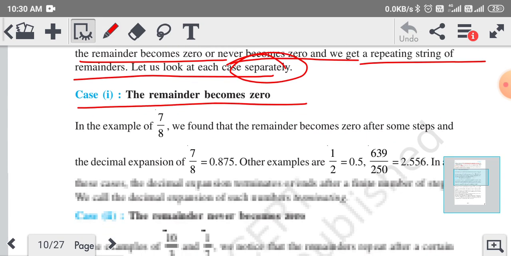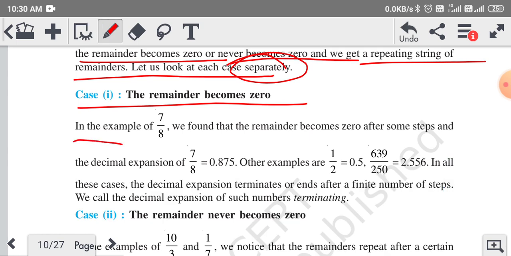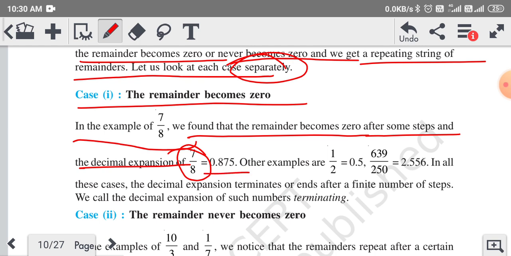Case one: the remainder becomes 0. In this example of 7/8, we found that the remainder becomes 0 after some steps, and the decimal expansion of 7/8 is equal to 0.875. Other examples are 1/2, which is equal to 0.5, and 639/250, which is equal to 2.556. In all these cases the decimal expansions